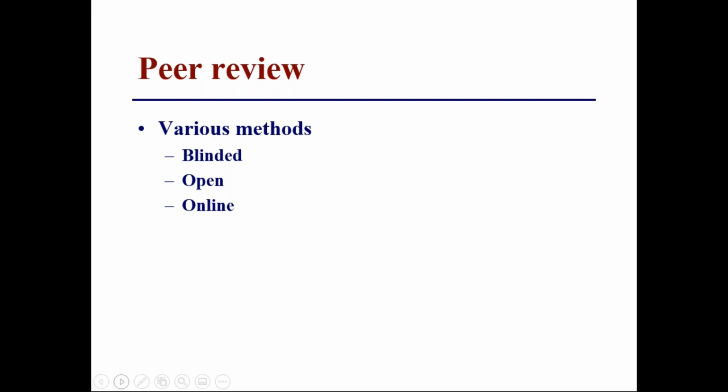And they finally came to the conclusion that the single blinded peer review system was better as far as inputs for them was concerned. And the online peer review system didn't necessarily give them the inputs that they were looking for. So in the online system of peer review, you just put each and every article that you think passes muster in-house onto a website where anybody and everybody who is interested